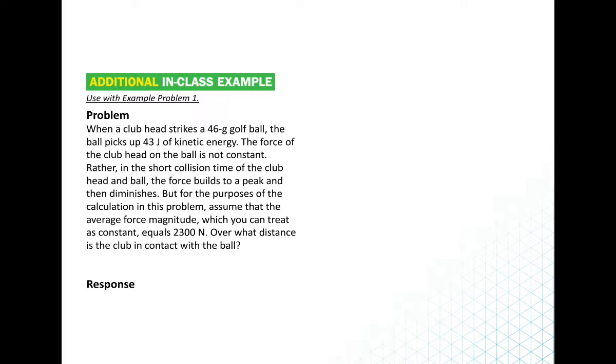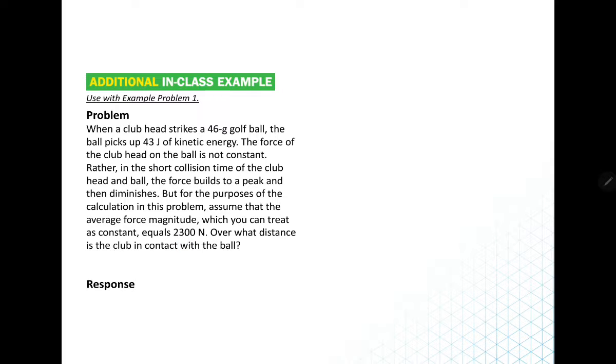Now we have a question. When a club head strikes a 46-gram golf ball, the ball picks up 43 joules of kinetic energy. The force of the club head on the ball is not constant; rather, in the short collision time of the club head and ball, the force builds to a peak and then diminishes. But for the purposes of the calculation in this problem, assume that the average force magnitude, which you can treat as constant, equals